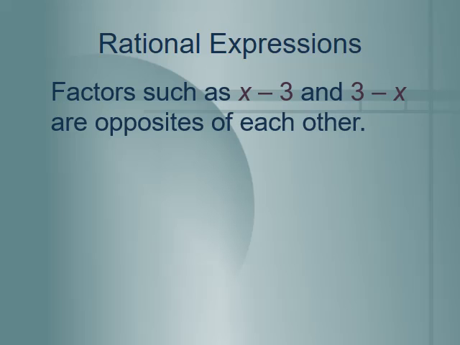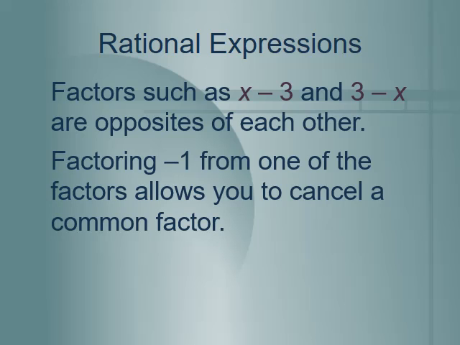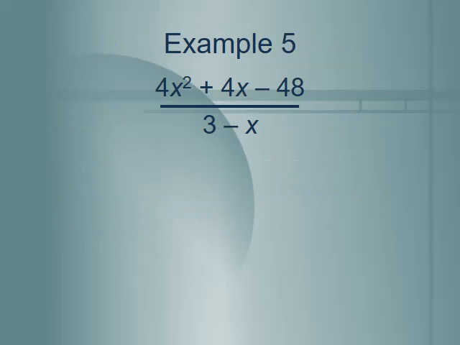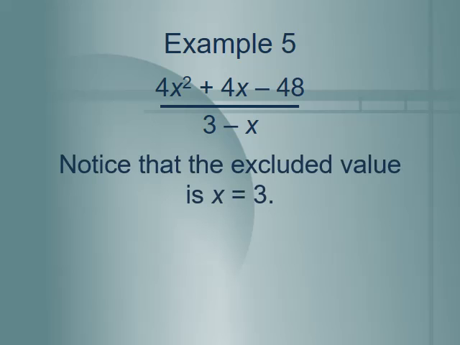Now, whenever we have x minus 3 or 3 minus x, they're opposites of each other. And we can actually change that around. If we have 3 minus x, we can make it equal x minus 3 by factoring -1 from the problem. So let's look at this one. Here on the denominator, we have 3 minus x. So if we factor out -1,